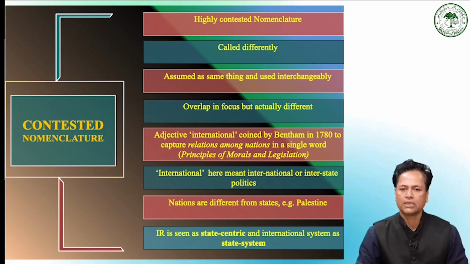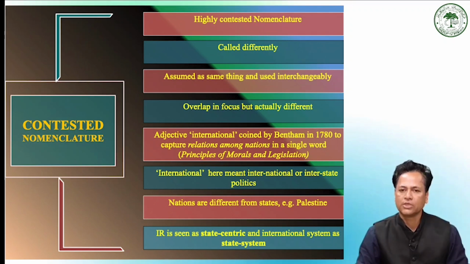As a student of political science, you may be knowing the difference between a nation and a state. A nation may have a common history, common culture, common language, common geography, but it is not a state unless and until it has 5 elements of state. The first is geography, the second is population, the third is government, the fourth is sovereignty, and the fifth is international recognition. Out of these 5 elements, sovereignty is considered the most important one because that gives you the